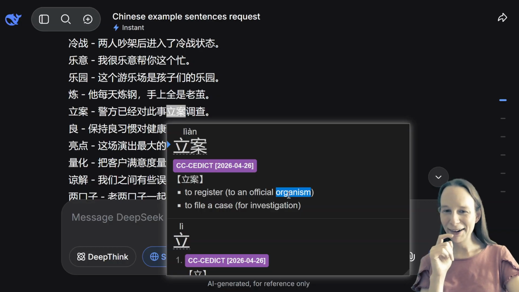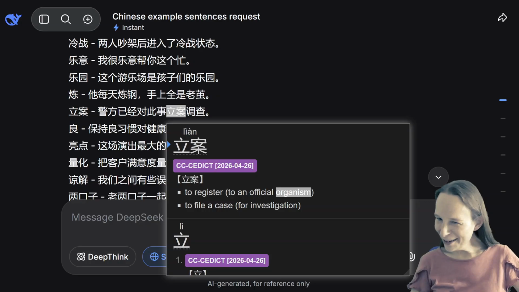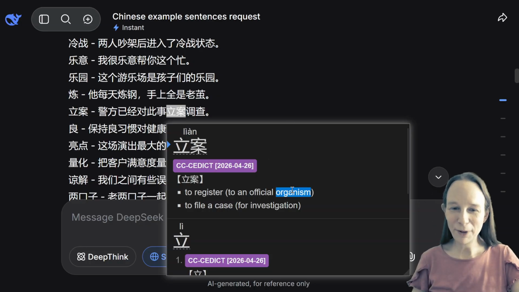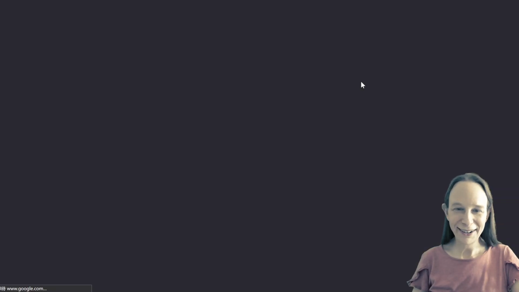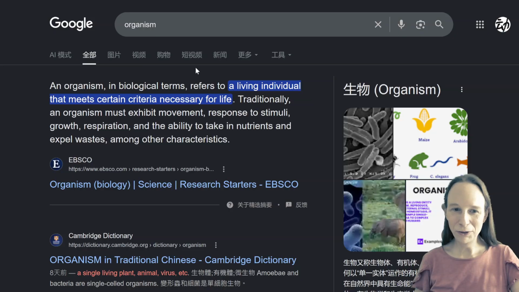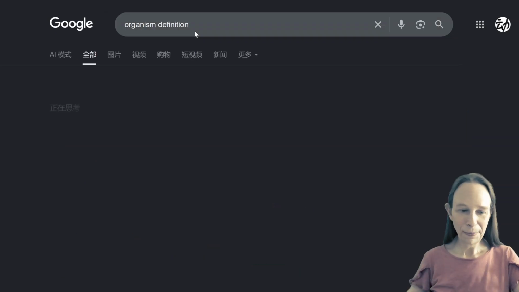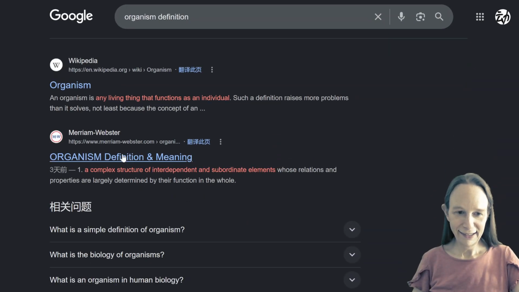Is that a typo? Unless there's a meaning of organism that I don't know. Register to an official